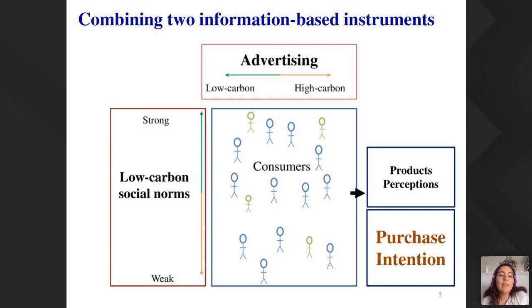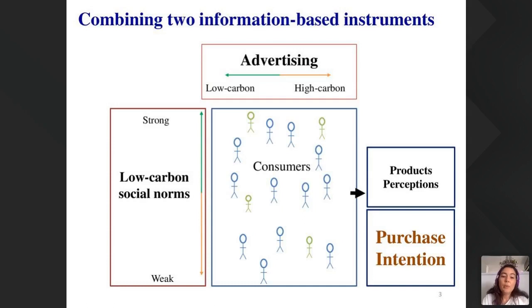So our aim was to combine these two information-based instruments to see, in a context of advertising, how low carbon social norms would work. So in a society where consumers are exposed to low and high carbon advertising, and consumers have low carbon social norms that are very strong, so for example, many people among them consume low carbon, or very weak, nobody among you consumes low carbon products. How do these two influences affect your product perception, and finally your purchase intention between a low and a high carbon